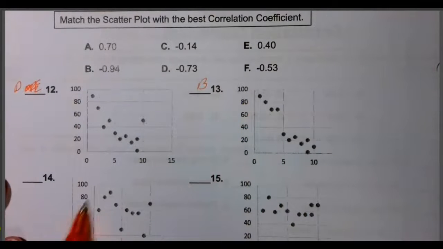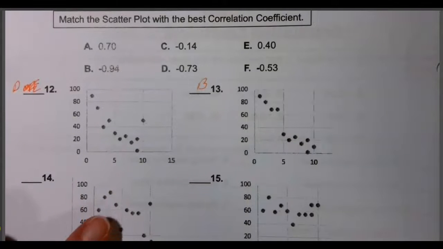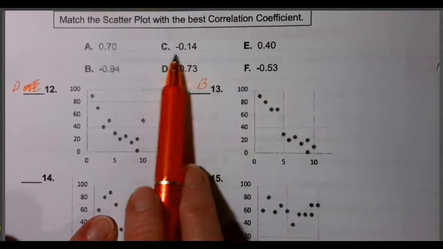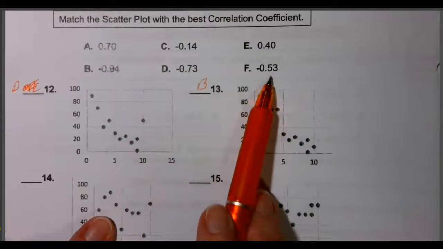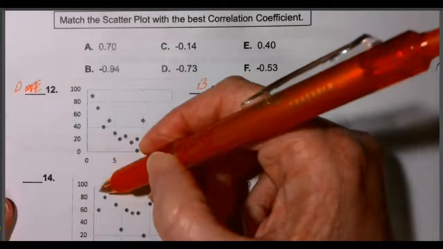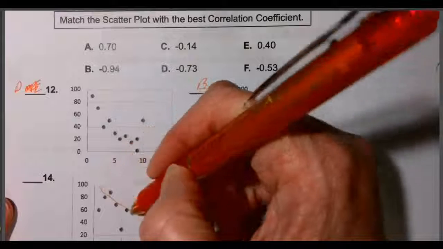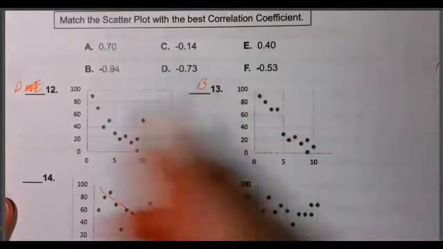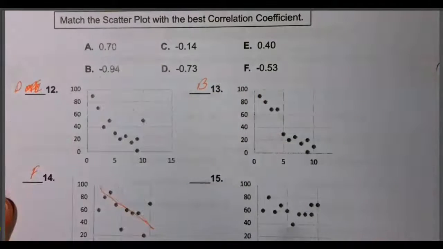Whoa, what the heck is this one? I'm guessing kind of a weak negative, a very weak negative. Do I have a weak negative? So that must be F. Yeah, because you can see where the line would go, like right here. See how that line would probably go about right there. So that's a weak negative. That would be an F. So there we go. And then this one,